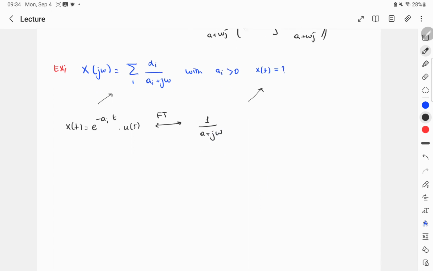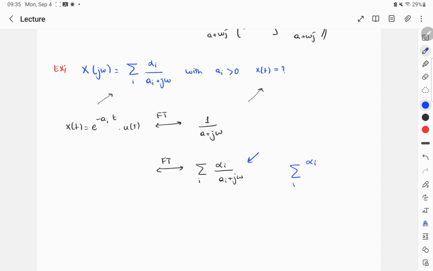Now, here we are given the Fourier transform, which is this one, and we are asked for the function itself. So here we can see a similarity. What is the difference? Here, the second Fourier transform is multiplied with alpha i and then is also summed up over a period of i,